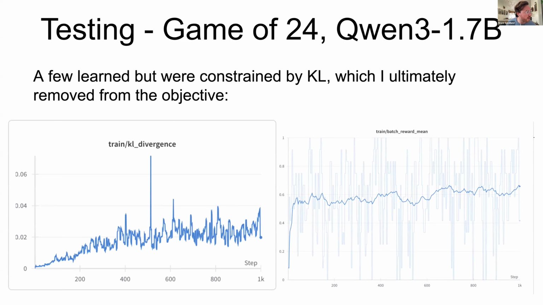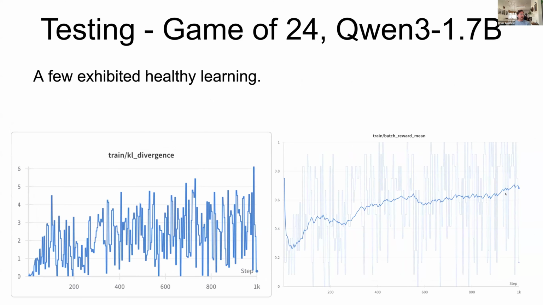The other thing is that in the objective, there's this KL constraint. It kind of depends. I don't know if you really want to use it for something where you have a clear reward of 1 and 0 that's verifiable without a reward model. I think the KL constraint is really more for when you're using a reward model. That's what a lot of the other literature says. But it may stabilize training. I did have runs where the KL divergence is actually pretty low here, and I do have a slow bit of learning. Otherwise, I did get some runs that actually worked fairly decently.